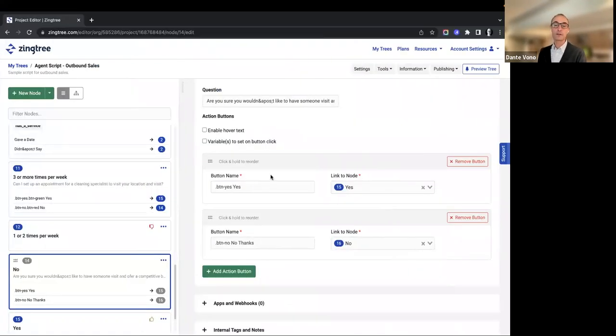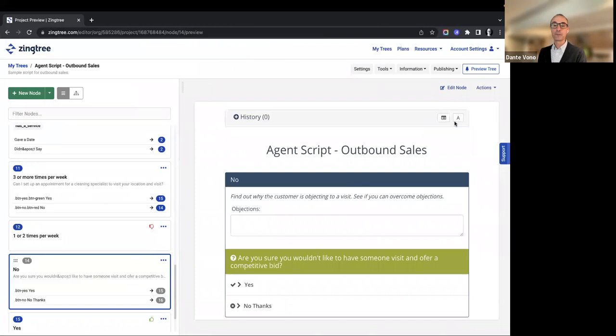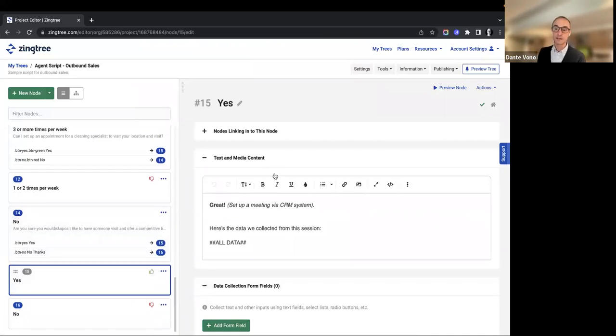Let's see how that works in new authoring. So here I've made my change and I want to see what that looks like. So I'm going to preview that. And now when I click that, it's actually going to bring me to that destination node. So I can see in clicking yes, I went to 15. So I can actually flip between editing and previewing and navigating, and it all happens here on that same screen.